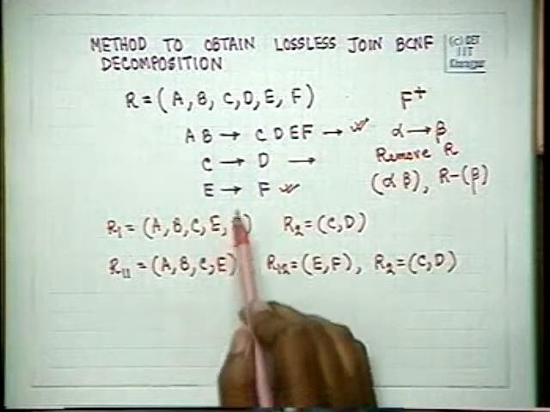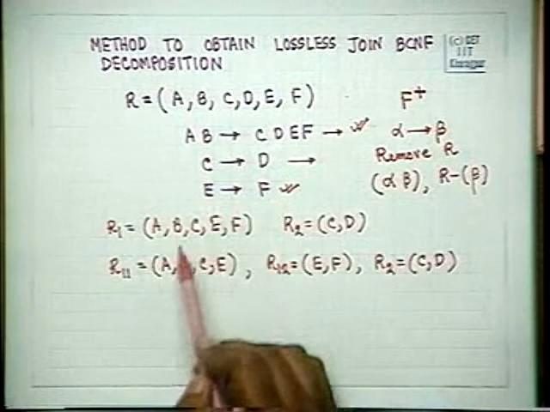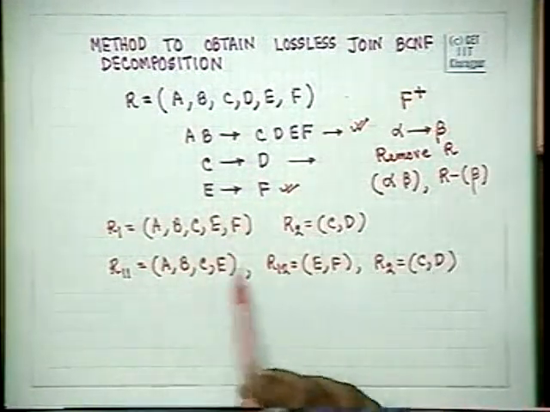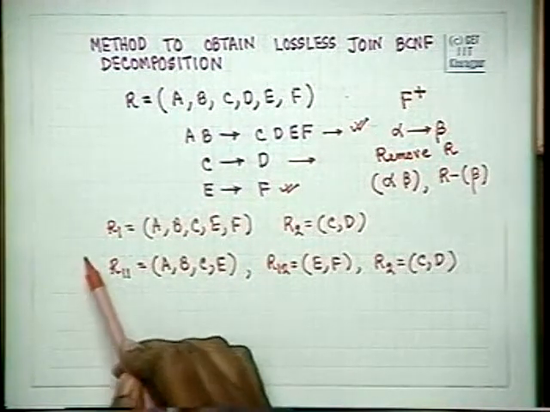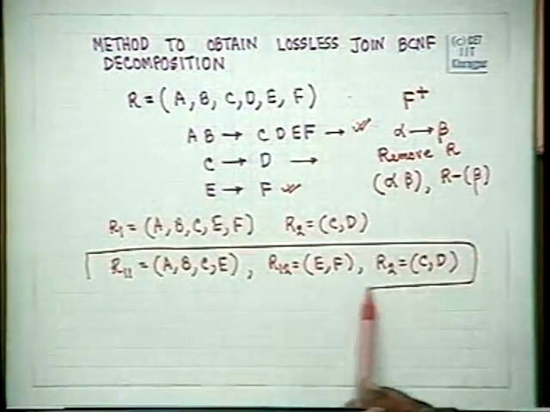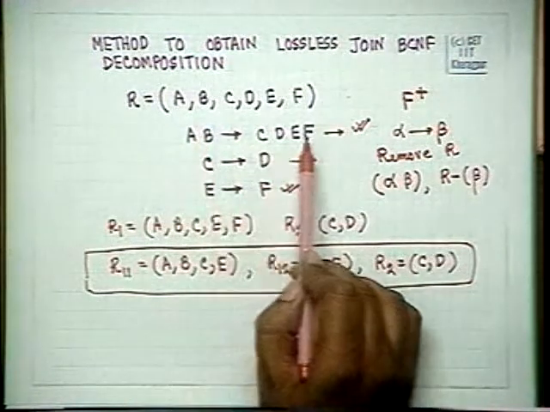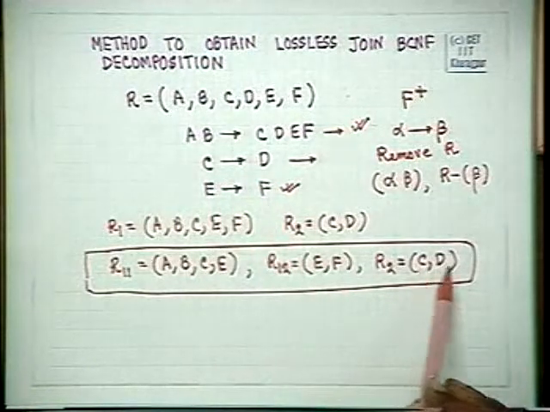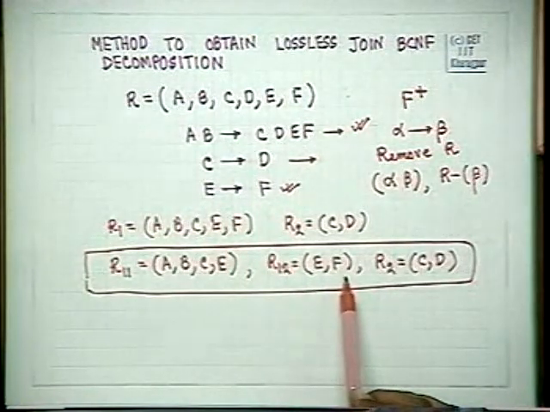What I did was, I took out one relation corresponding to E to F and another one in which F is not there from the original one, so that I guarantee a lossless join functionality. And now, this is my current set of decomposed relations. Then I check all over again. This is not applicable anywhere, so it does not matter. This is applicable only here, where it satisfies BCNF form.